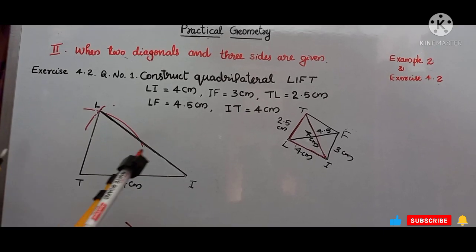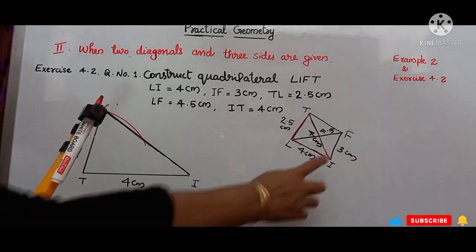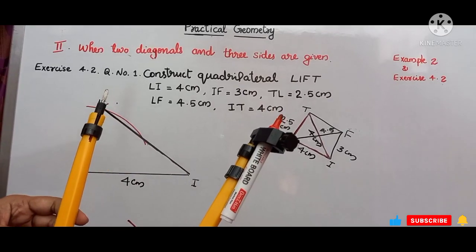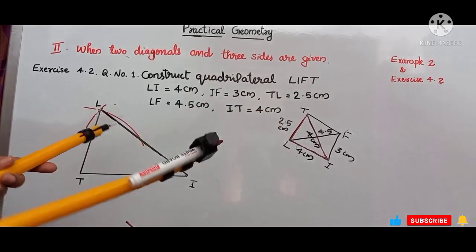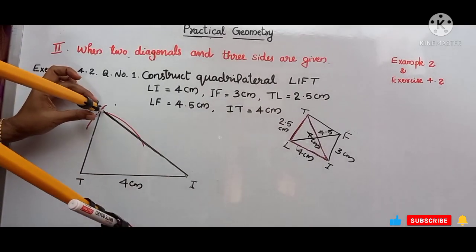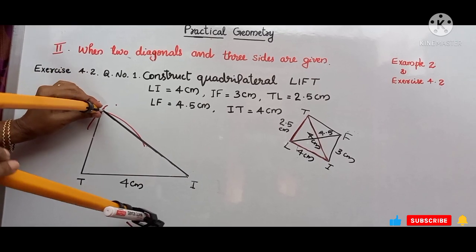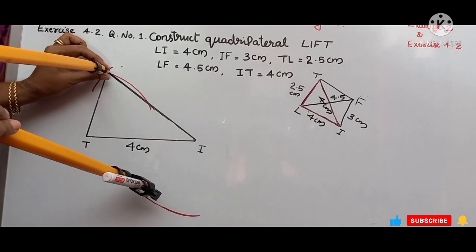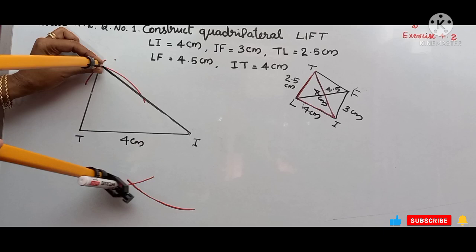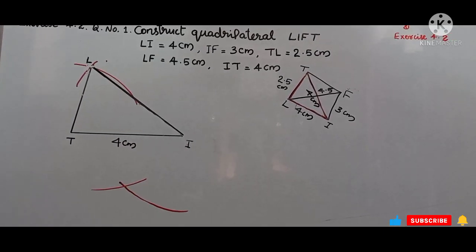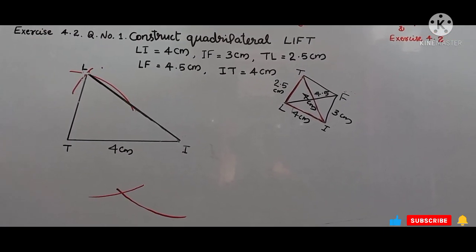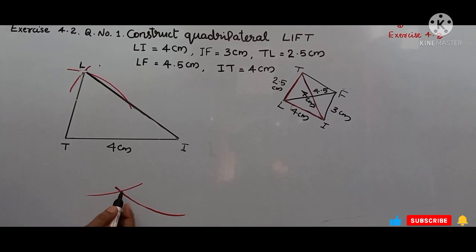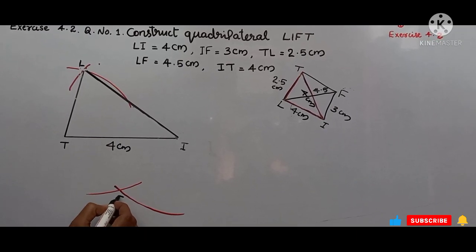Then we have to adjust our compass width 4.5 centimeter, and pointing on L, draw an arc like this way. Now we have got that point of intersection of these two arcs. This is the point F,